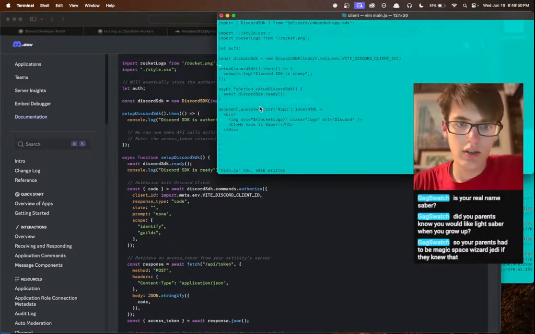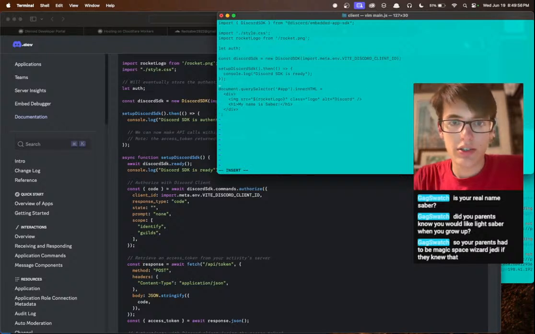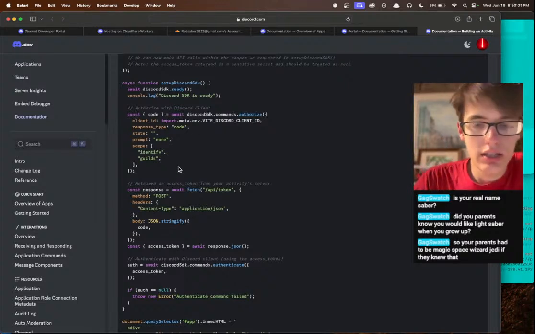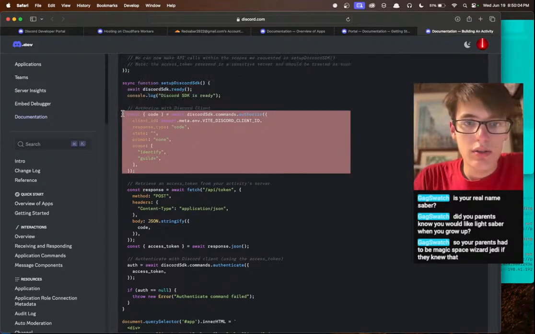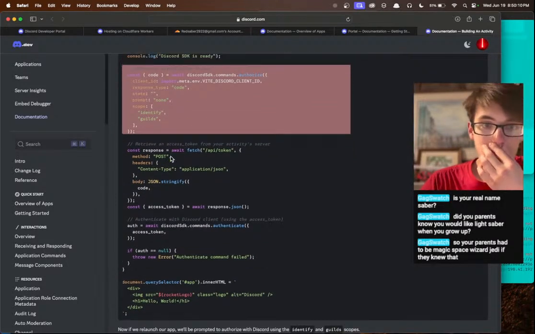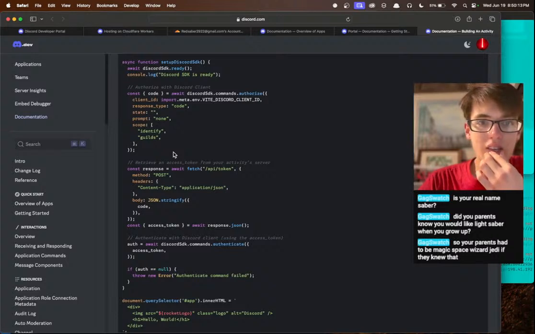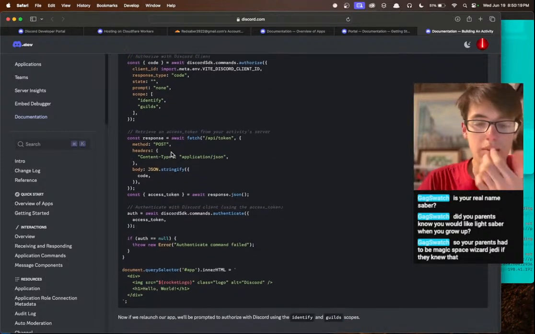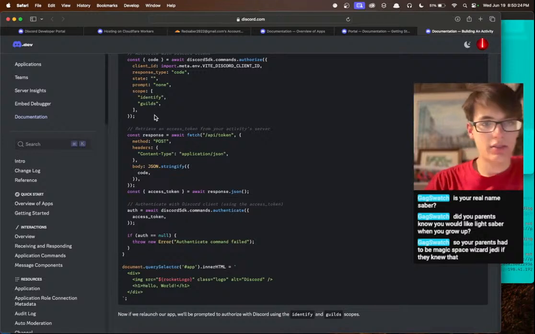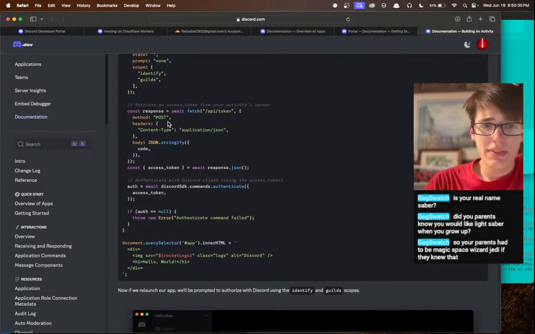Okay, so we need to have a much longer setup Discord SDK function, and looking over it, what we're going to do is try to authorize the user. It looks like we're just going to send a request to try to authorize the user, to identify them and what servers they belong to, I guess. And then